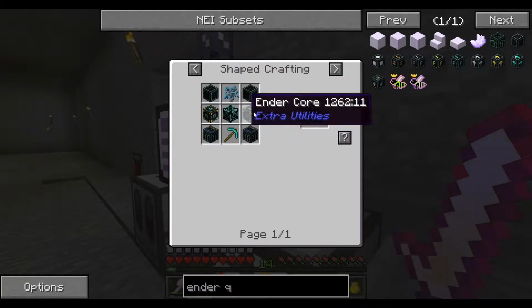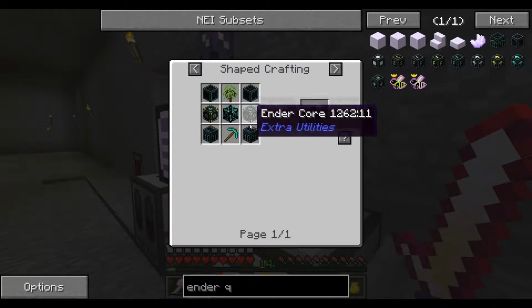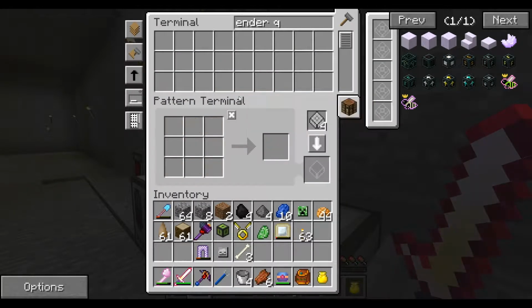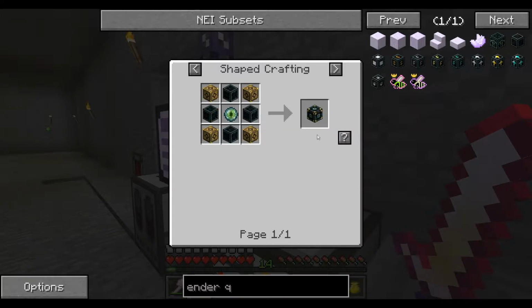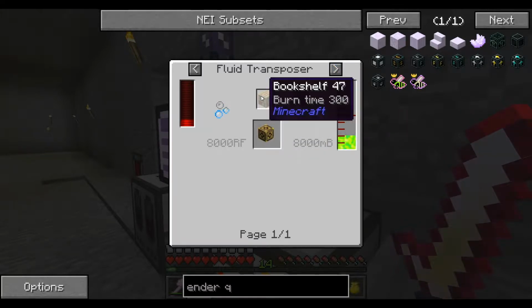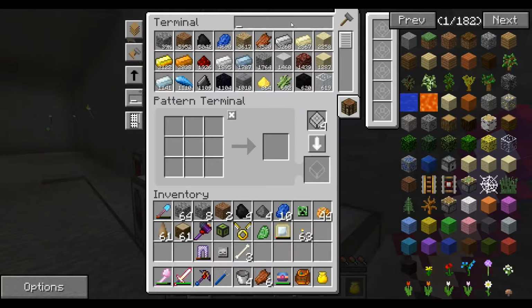Actually, I can just do it through here, can't I? Right, so we need bookshelves, so we've got 2 of those, and we should have everything else that we need, but for some reason it's not actually working. Is there? No, it's just in the shaped crafting. Oh, you can use a bookshelf with liquid XP. I might do that then. Fluid transposer. Actually,